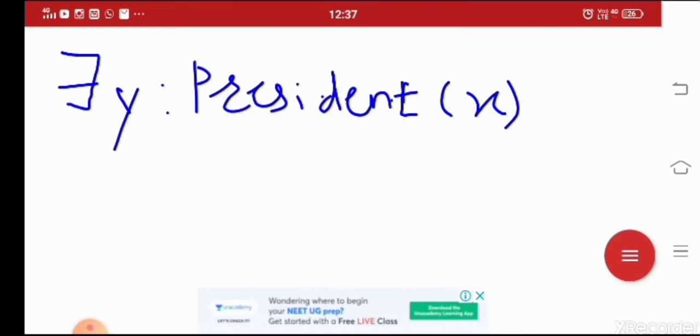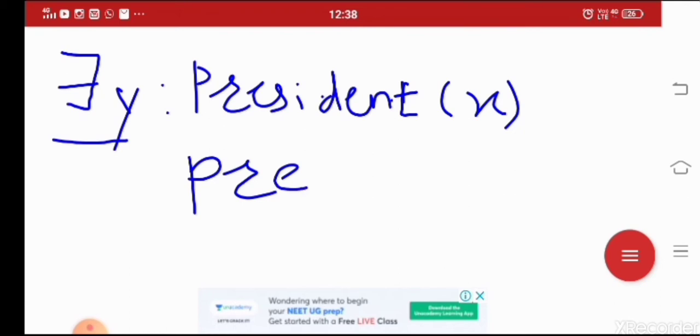To remove this existential quantifier I have to use one variable. So this will be written as the precedent.